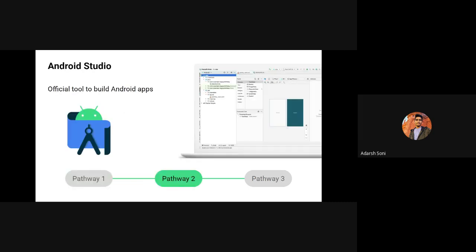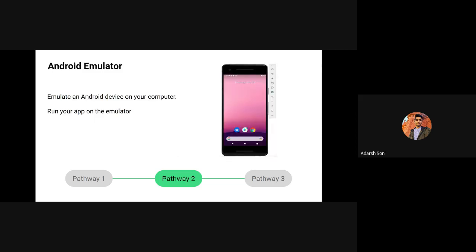And what we'll be doing today is pathway 2, where you create your first app. You will need to download and install Android Studio on your computer. We will do a step-by-step guide ahead. In Android Studio, you can use the Android emulator, which can emulate various devices on your computer. The emulator allows you to run your app and provides almost all the capabilities that a real Android device would have. If you have a physical device and want to use it, there are also instructions to get you set up. You can use either the emulator or a physical device to test your app. It's up to your personal preference.